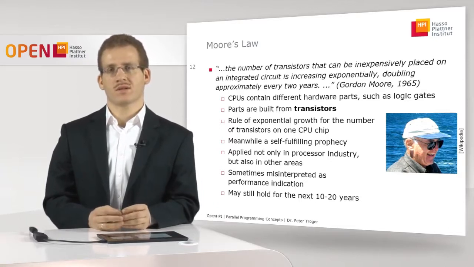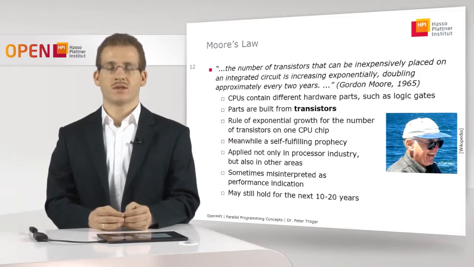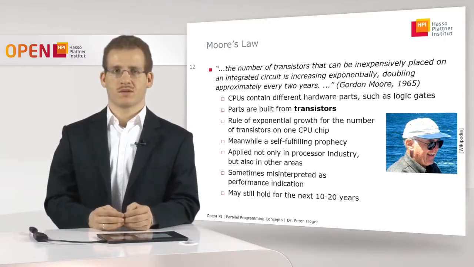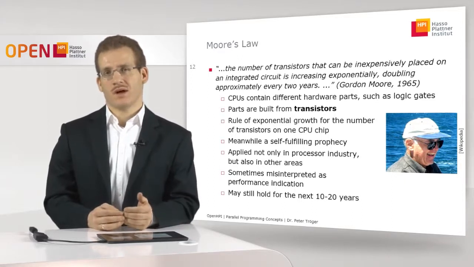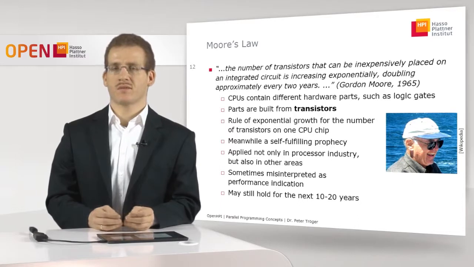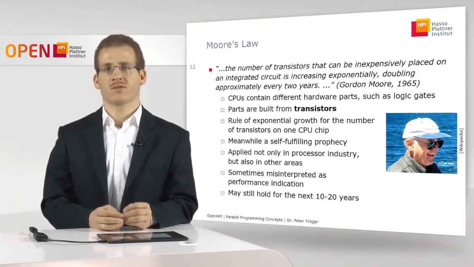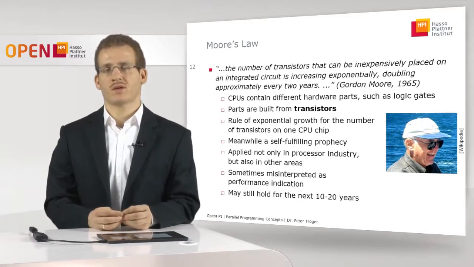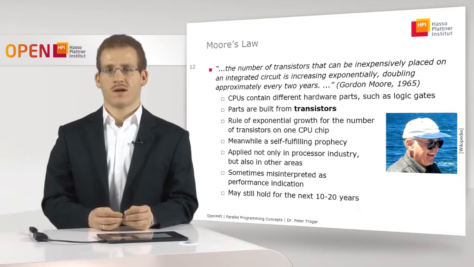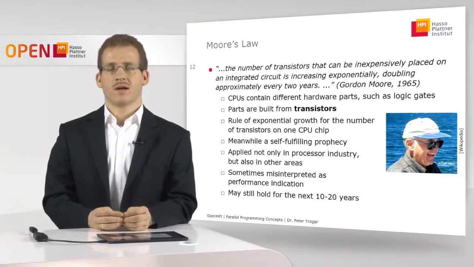And all these transistors now enable the hardware vendors to deliver new capabilities with the processor technology. And the Moore's law, after a while, turned out to be a self-fulfilling prophecy. So companies such as Intel really try to fulfill this promise to double the amount of transistors by improving their production capabilities and other things,